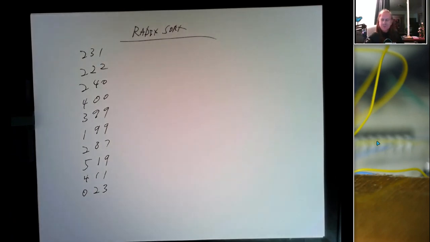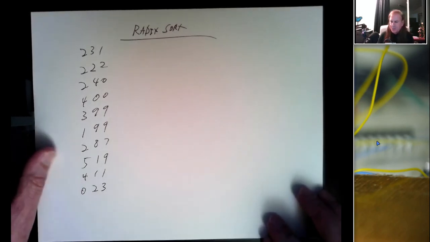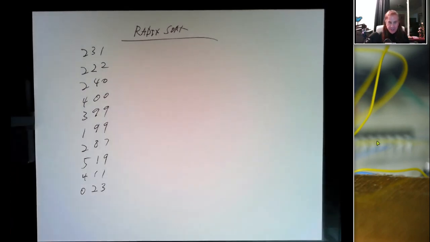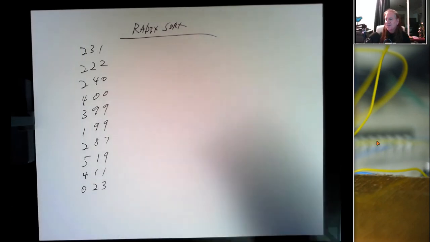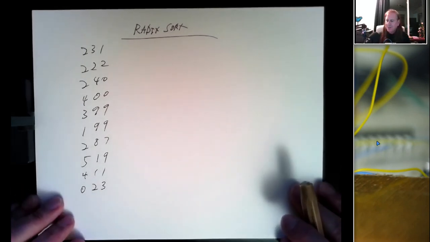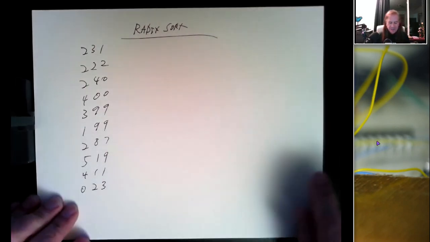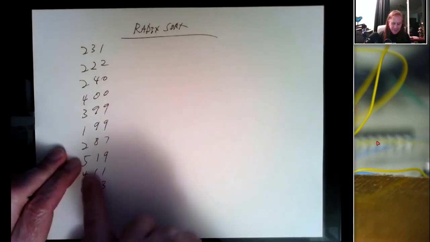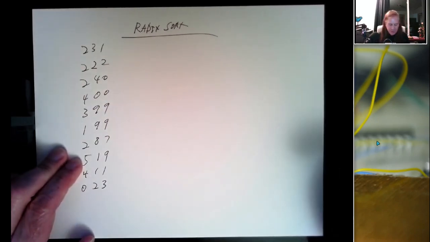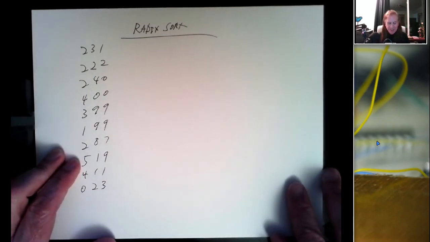Radix sort works by making a series of passes through our data and sorting based on 1 digit at a time. And it's slightly counterintuitive, because if we have a set of numbers and we try to sort them, the digits on the left are usually the most significant thing in our sort order. We know that this thing that starts with a 5 is going to be the biggest number of all of these. So normally we give those the most weight, but with a radix sort, we actually begin by